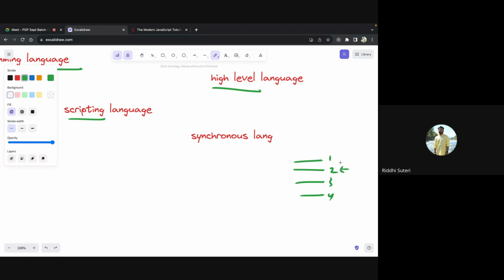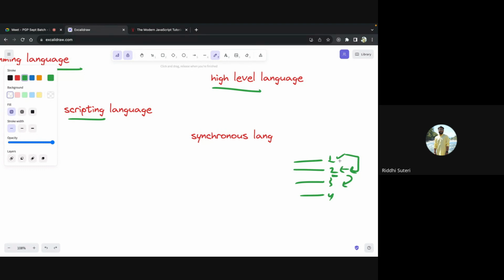So in all these operations which are going to take some time, if your language is going to wait until this line completes and then it moves to the next line, this is called a synchronous programming language. In simple sense, once a line is completely executed, only then do you move to the next line. मतलब एक बार एक line complete हो गई है, तभी आप next line पे जाओगे. That is called a synchronous programming language. एक line complete करने के बाद ही you will move to the next line.